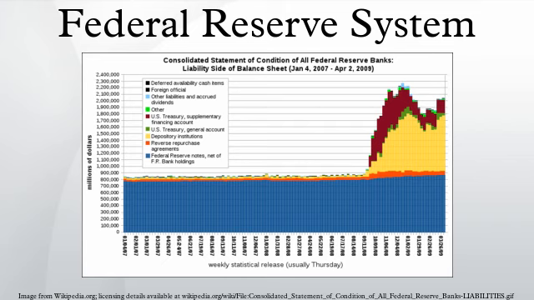Timeline of central banking in the United States: 1791–1811, First Bank of the United States; 1811–1816, no central bank; 1816–1836, Second Bank of the United States; 1837–1862, Free Bank Era; 1846–1921, Independent Treasury System; 1863–1913, National Banks; 1913–present, Federal Reserve System. Sources: Remarks by Chairman Alan Greenspan, Our Banking History.